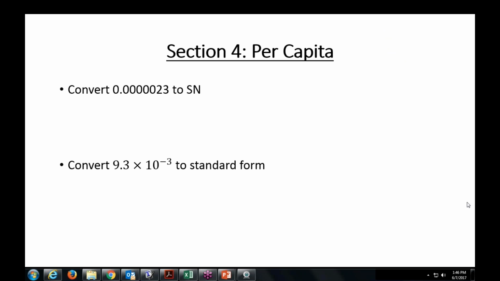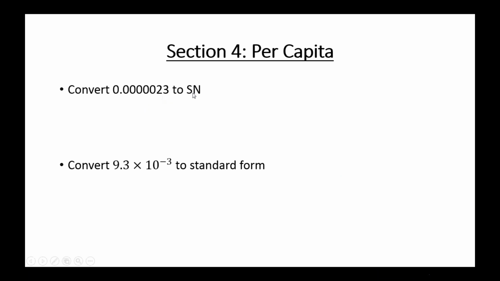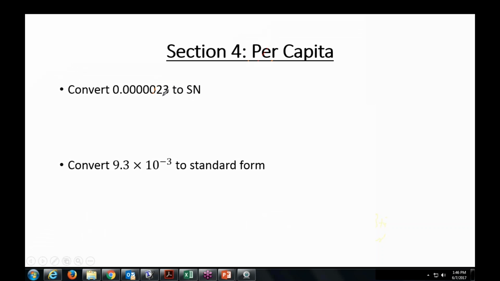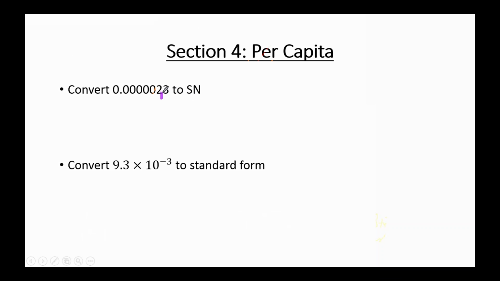All right, we got a lot of answers coming in. So in the first one, just to kind of recall, you want that decimal point to be moved between the two numbers. So you want one number in front of the decimal. That's your goal, right? 2.3 is between 1 and 10. So we moved that 1, 2, 3, 4, 5, 6 places to get there, and because it's a small number, we need a negative exponent. So don't forget your negative exponent.